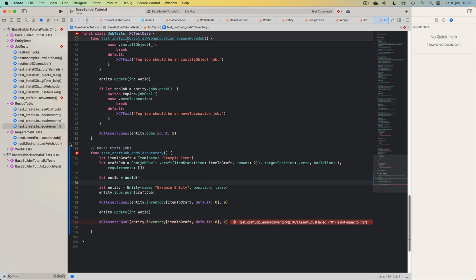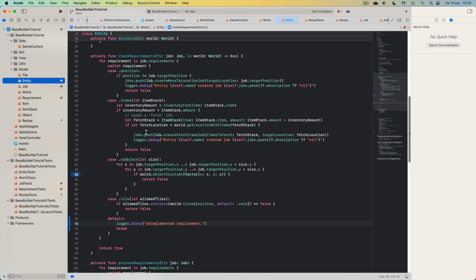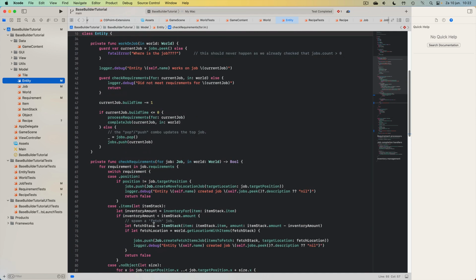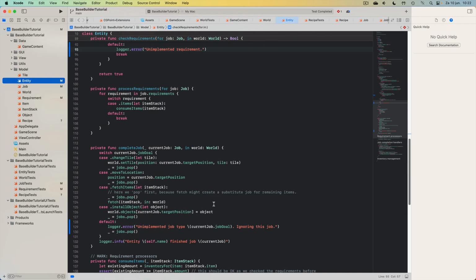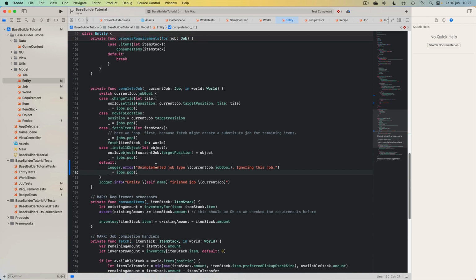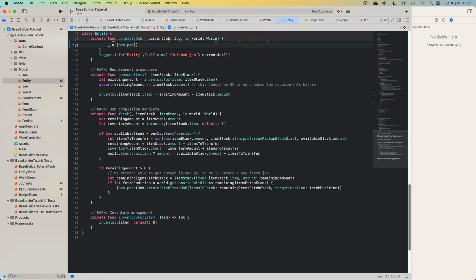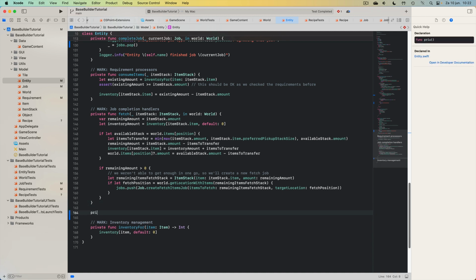This is because we haven't implemented any code for the entity to actually resolve a craft job. So let's go to our entity and make sure that we implement this right now. We have our complete job here, and we have an unimplemented job type, so we're ignoring this job. We will add a case for crafting, and let's create a job completion handler for crafting. So we will create a private function of craft,